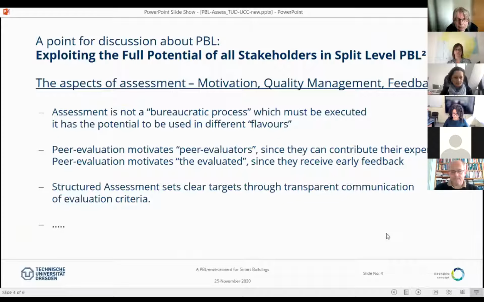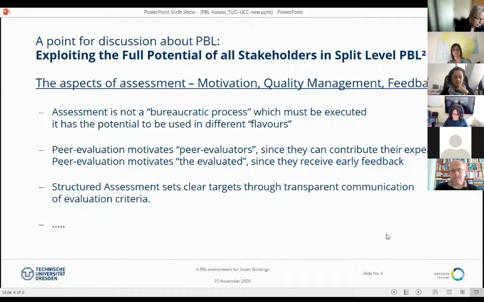In the case of Cork, it was a 12-week program to deliver all of the necessary knowledge and to provide opportunities for students to experience how to deploy that knowledge within such a short duration. In the paper, we describe assessment methods on the basis of learning outcomes, structured assessment, but